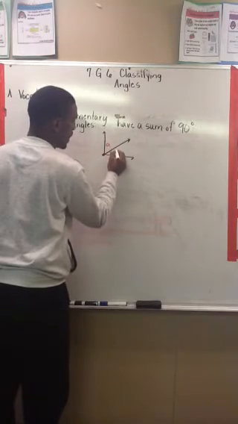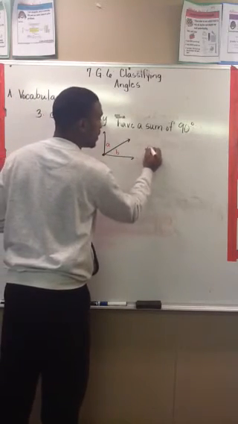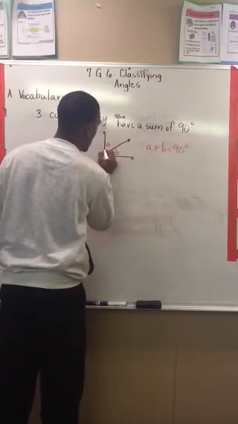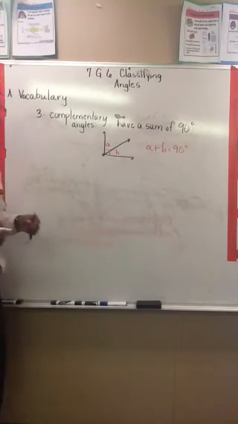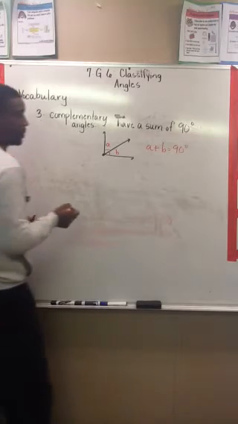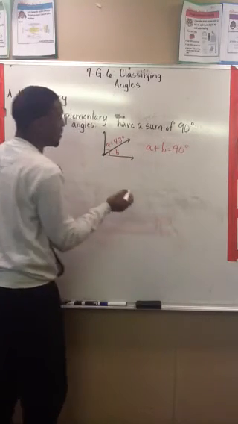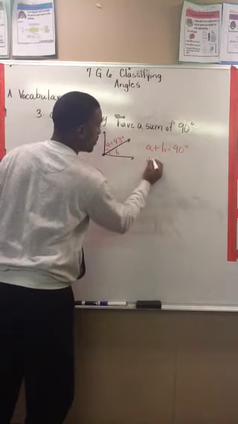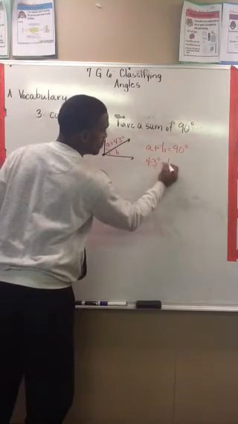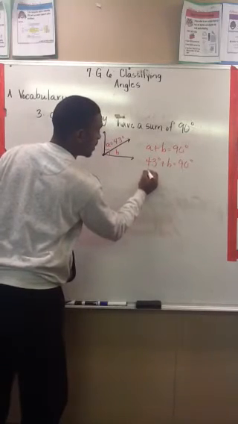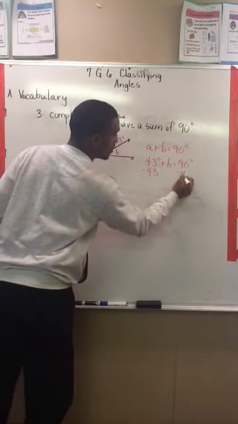If I gave this one A and this one B, we know that A plus B is equal to 90 degrees. And I know this because there makes a right angle. Okay? If I told you this one was 43 degrees, you had to find B. We know that 43 degrees plus B is equal to 90 degrees. So 90 minus 43